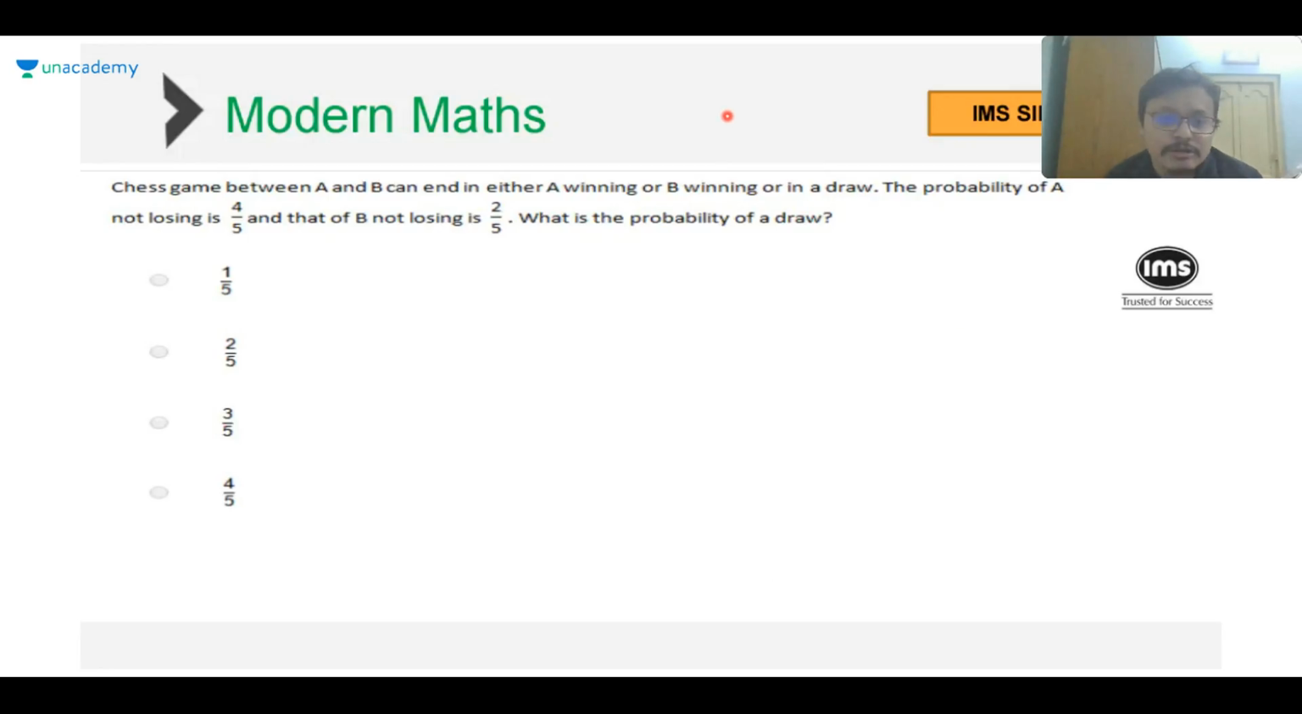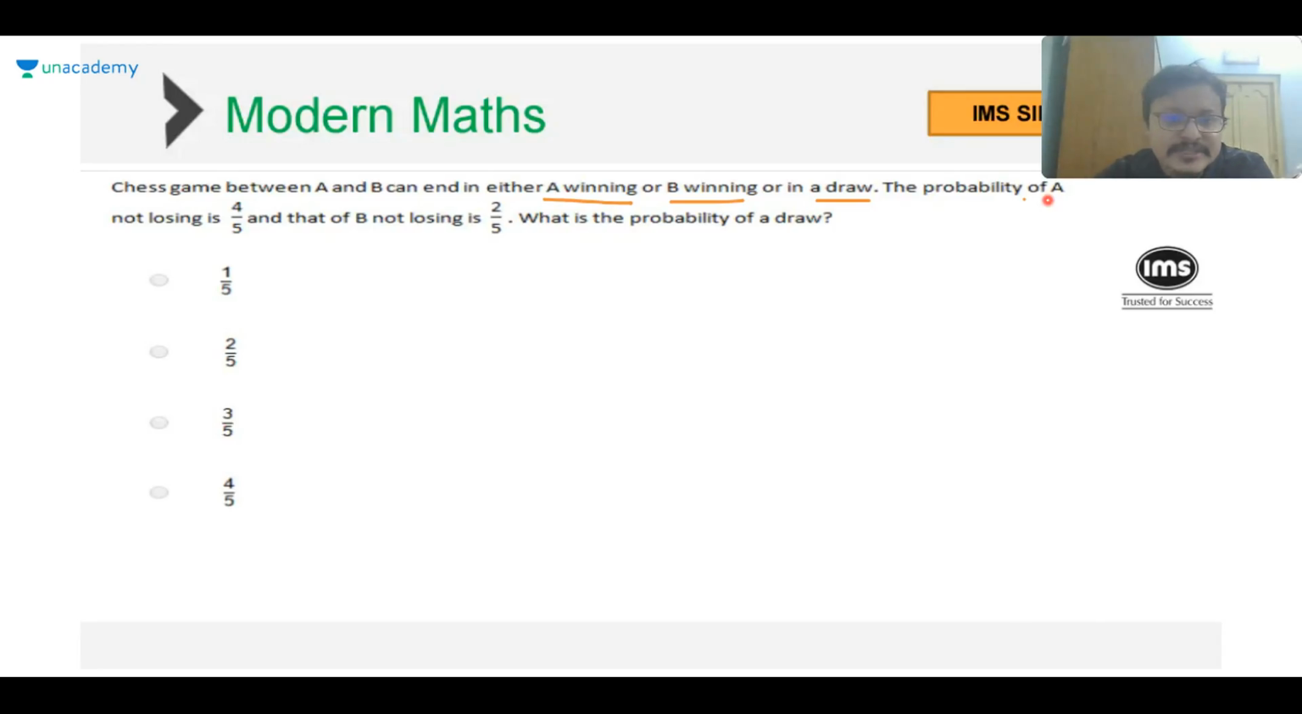So let us see how to go about solving this question. Note, there are three possibilities: either A wins or B wins or there is a draw. There is no possibility of neither of them winning nor it being a draw. It's either A wins or B wins or there is a draw. Now,